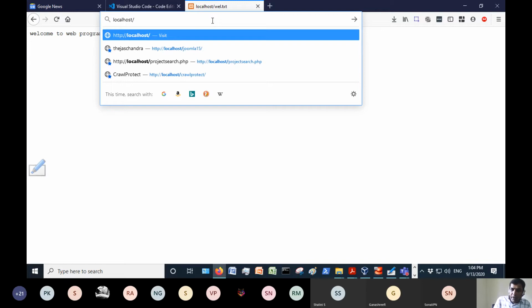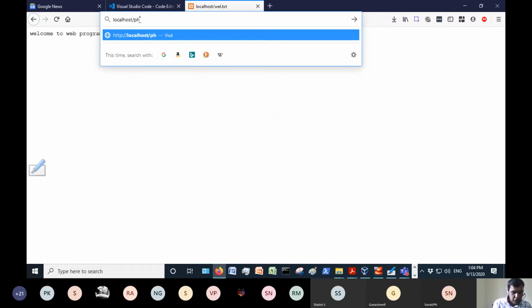I need to create a table with many attributes, say 10 attributes, and I need to create 25 such tables. It will be difficult to type the program every time. But PHP MyAdmin lets you automatically create tables and databases. Whatever you want regarding the database, you can do that. So how to go to PHP MyAdmin? Go to localhost, there PHP MyAdmin.